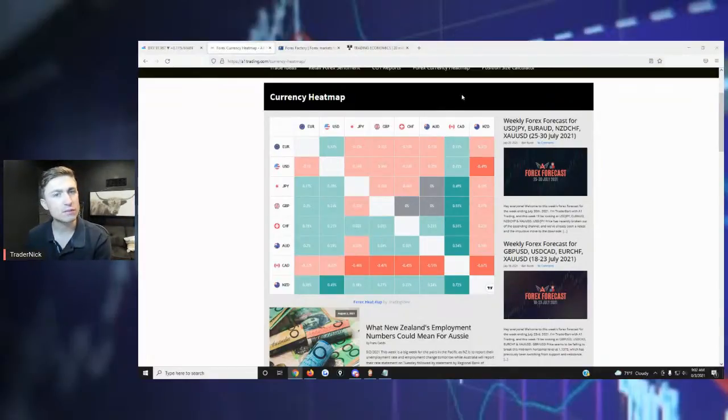So, got some stuff to talk about. The Canadian dollar's coming down hard today. We've got some other ones moving interestingly. We've got the currency heat map pulled up here. If you don't know what that is, it is basically a reading of the temperature in the room of the foreign exchange market across the 8 major currencies.